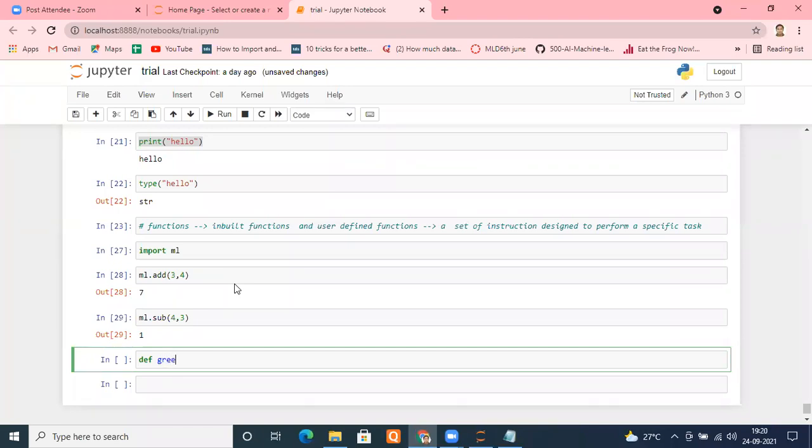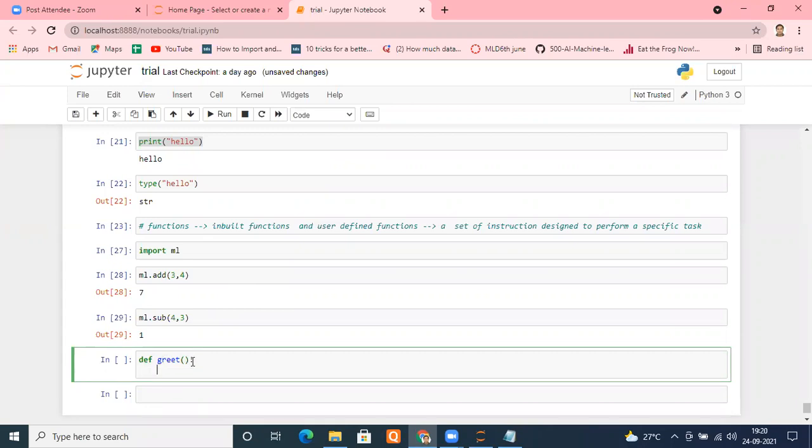Okay, I'm creating the greet function. And for this example, I'm not putting any argument here. It's optional. Depending entirely upon your requirement, you want to give arguments or not. For now, I don't want to take input from the user. I just want to say print. After the colon, press enter, you will have 4 spaces of indentation. You can type whatever you want. That will be a part of the function. I want to say hello. Hi there.